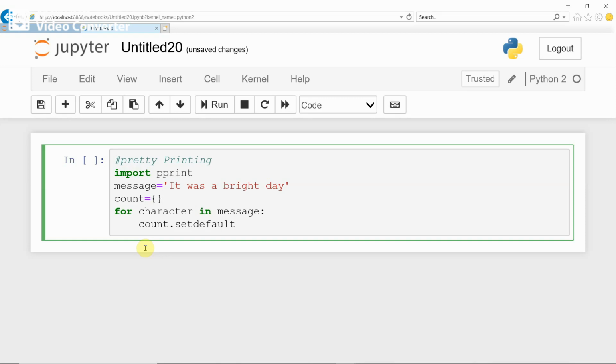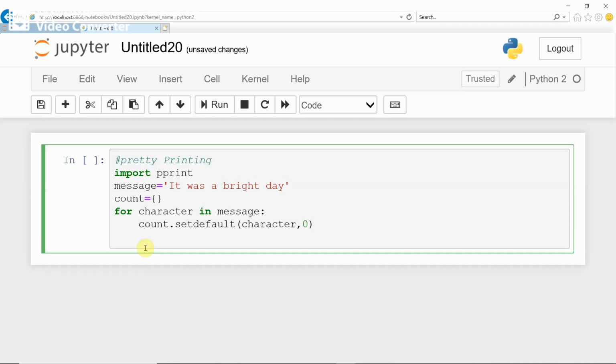Okay, count dot setdefault in the dictionary. In the dictionary we have to set each character's count as 0. Okay, therefore count dot setdefault in bracket character, which belongs to the message, and initialize 0.